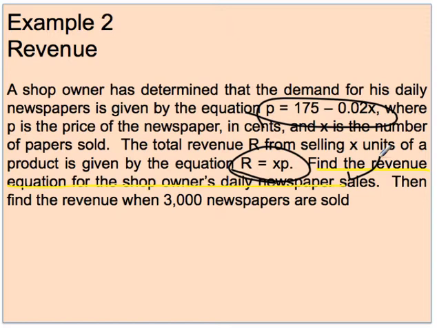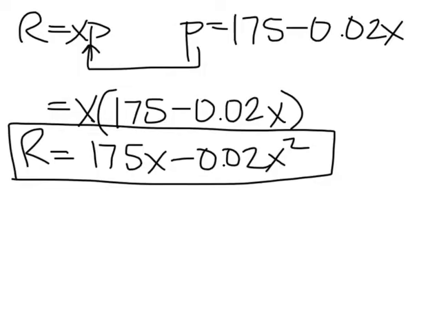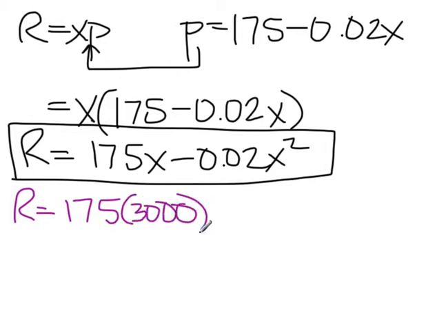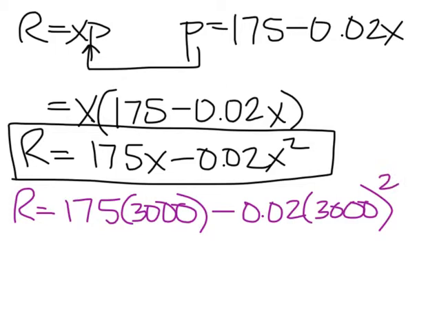Then they ask us to find the revenue when 3,000 papers are sold. So remember, X is the number of newspapers sold, so what they're asking us to do is plug in 3,000 for X. So the revenue is going to equal 175 times 3,000 minus 0.02 times 3,000 squared. So we have 175 times 3,000. And check your calculator, but that should be 525,000